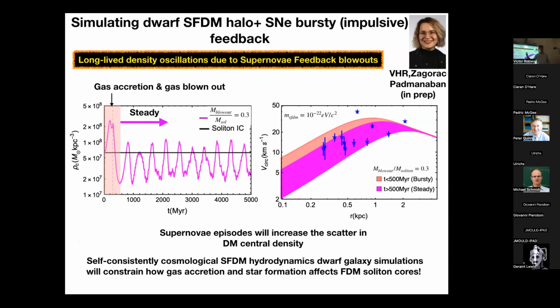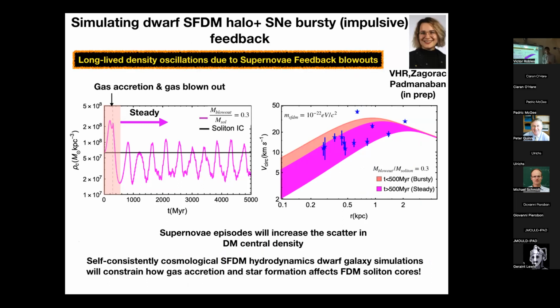The other thing that we're looking at more specifically is the effect of star formation and feedback on these soliton objects. It's still in a semi-analytical way because we don't have simulations yet for this type of analysis. But one of the things that we're doing with Luna, who has also graduated and gone to Perimeter,